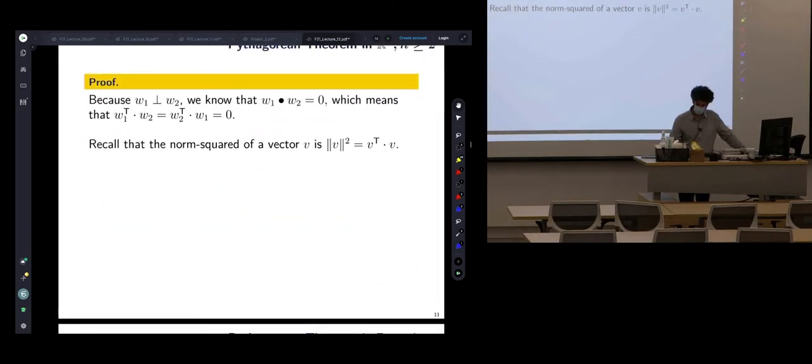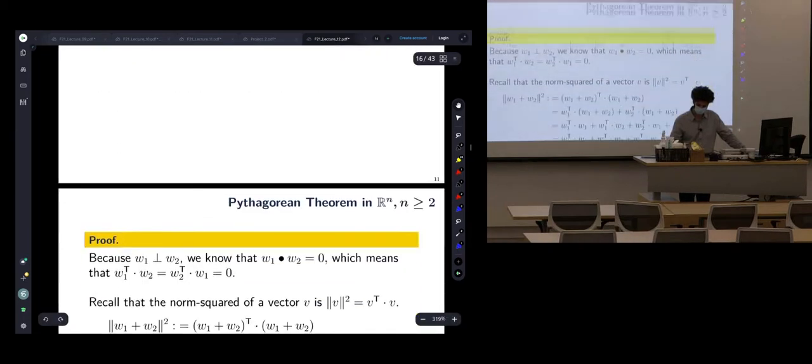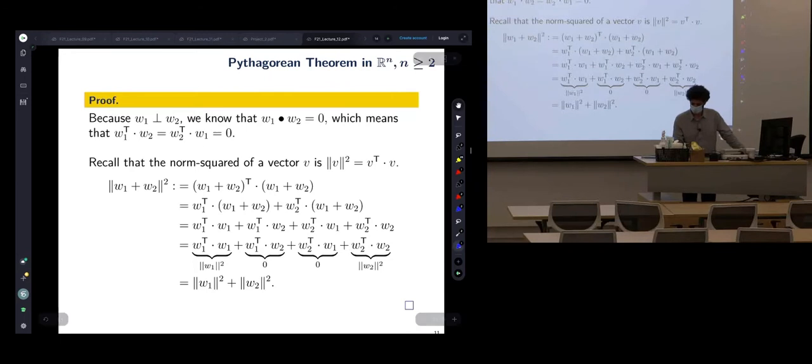And we talked about the norm squared, it's going to be V transpose times V. Now, given that, let's expand the left-hand side. It's going to be (W1 plus W2) transpose times itself, times (W1 plus W2). Bring the transpose inside, and then distribute it. Once you distribute it, it's going to be W1 transpose times the sum of them plus W2 transpose times the sum of them. Distribute it again, and you're going to get the norm of the